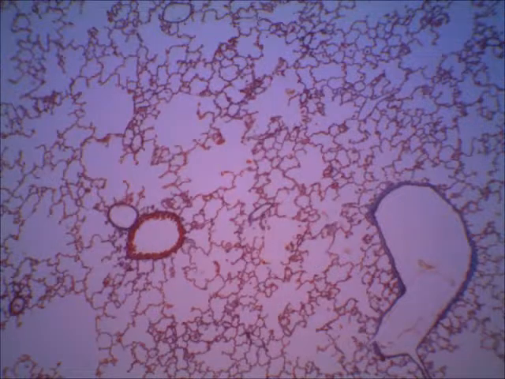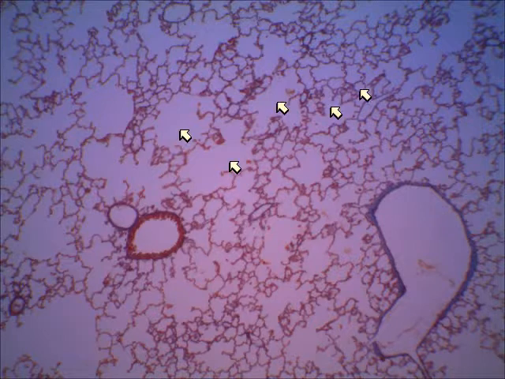The next slide I have for you is a slide of a lung. And if you recall, lungs are loaded with tiny little microscopic air sacs that are called alveoli. You have alveolar ducts, alveolar sacs, the alveoli themselves. Those are all different sizes, but for me, we can just say all of these openings, whether the big ones or the little ones, most of these openings here are the alveoli or the air sacs. Now you see some other openings besides these, some very distinct ones. For example,